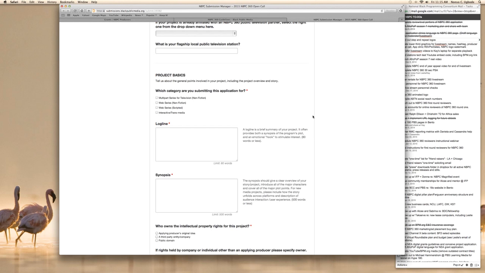Finally, you can also submit interactive or transmedia projects, and these are digital projects that are ultimately about interactivity. So you're creating either a website or an online portal that is supposed to facilitate additional immersive learning about a subject that people can really take a deep dive into. And if you look through the guidelines, we do provide a couple of examples. An example that right off the top of my head I can think of might be the Hollow Project,